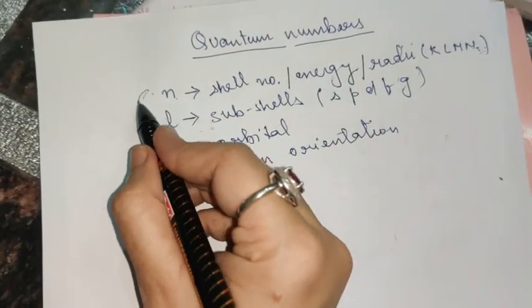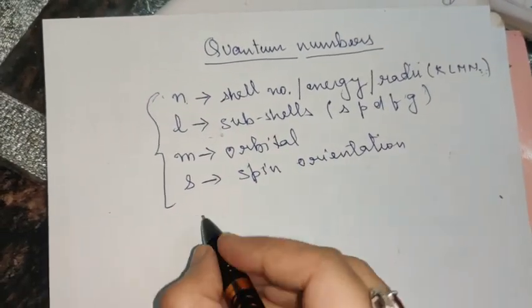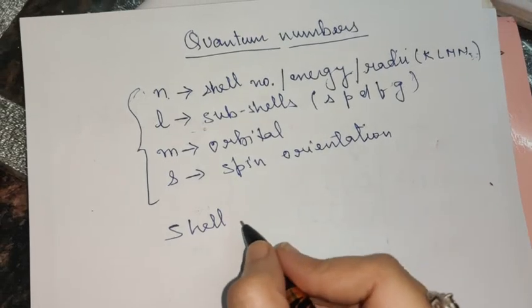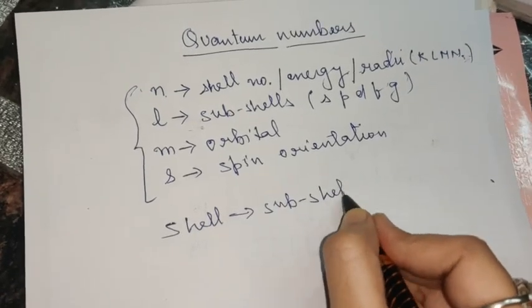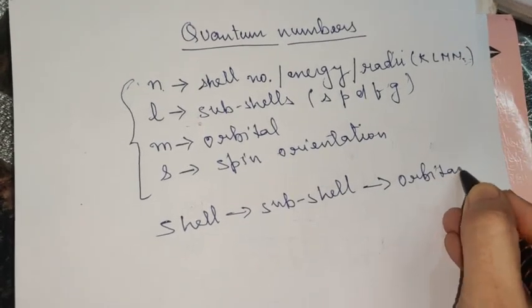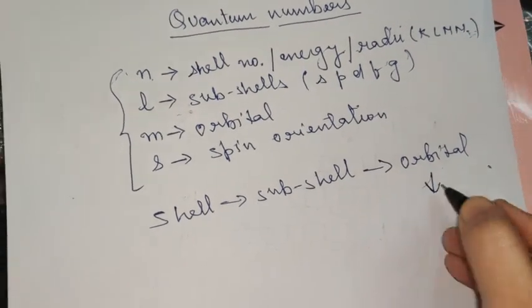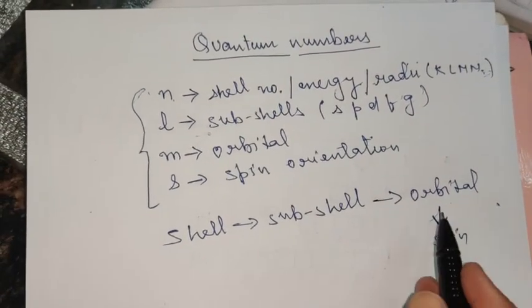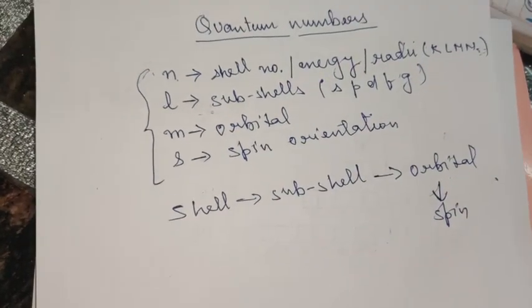So this is the order that we need to follow in order to reach the electron in an atom. First of all, you need to reach the shell in which the probable position of the electron is. Then you enter into the subshell, then you enter into the orbital in which the electron can be present, and then finally you reach the electron. And last is to find out the spin orientation of the electron, that is, how the electron is located in that orbital. So these are the things that we discussed in the previous videos.